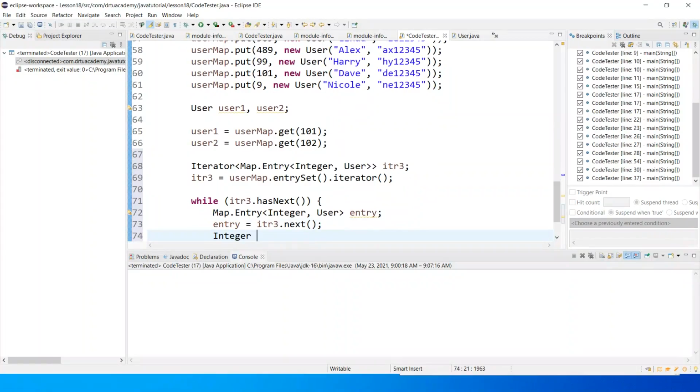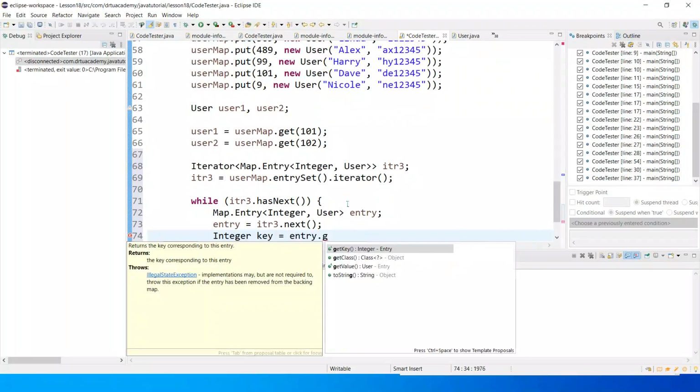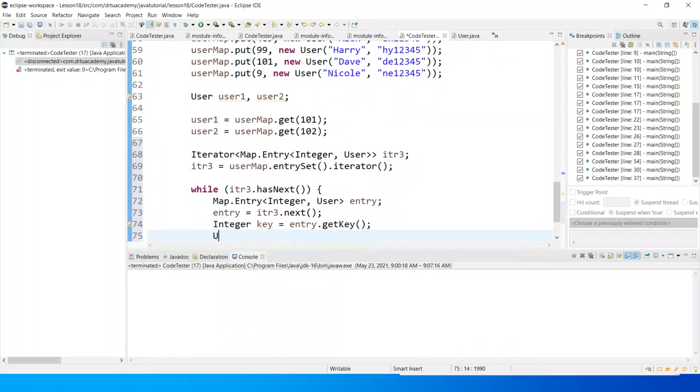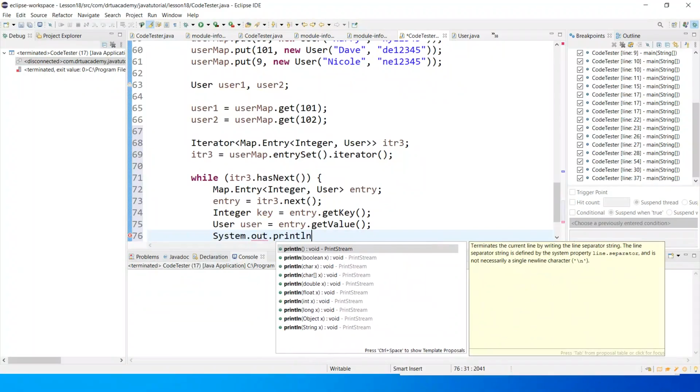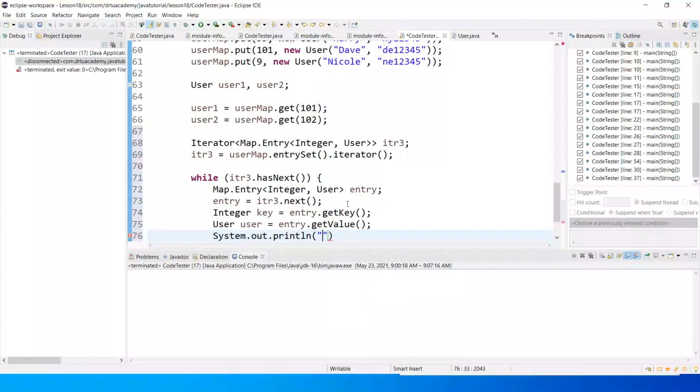Integer key is entry get key, user is entry get value, System.out.println key is plus key plus user is plus user,